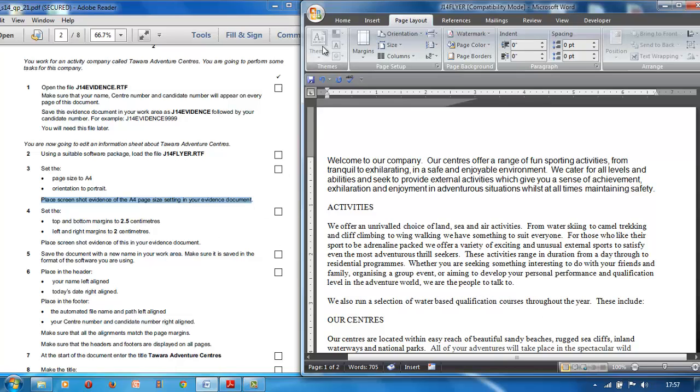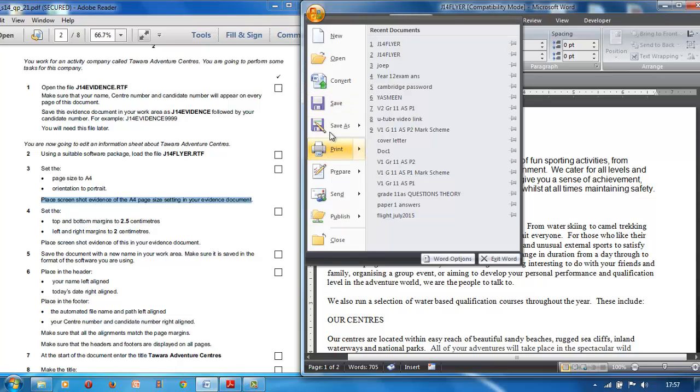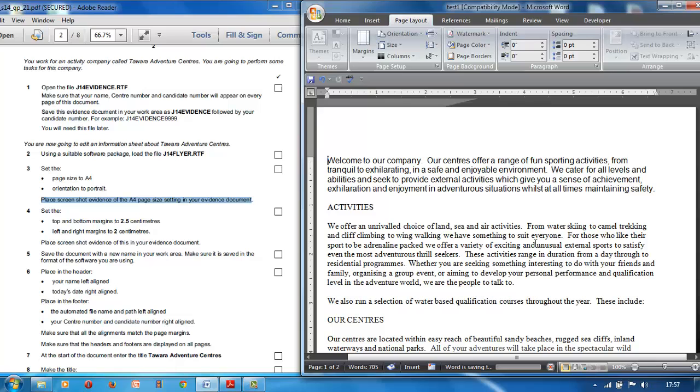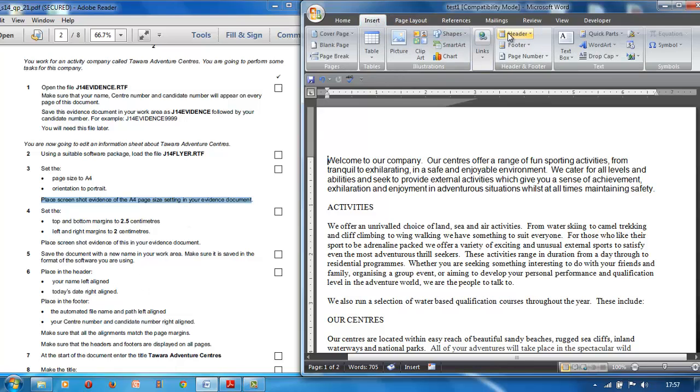So you must save this document under a new name in your folder. So you go save as Word 97, you go to your folder and you give it a different name. I'm calling it test 1. Okay, and you go save. Okay, so it says save the document in your name, place in the header your name left aligned and today's date right aligned. Okay, so you go to the header,